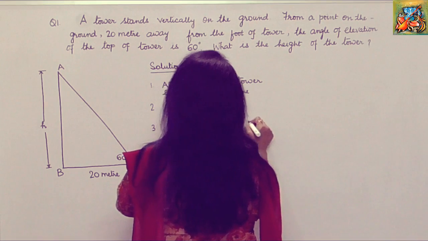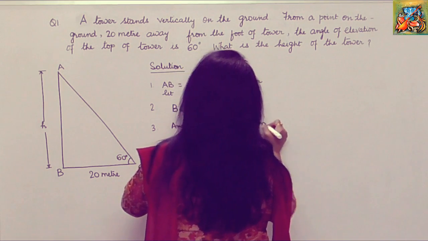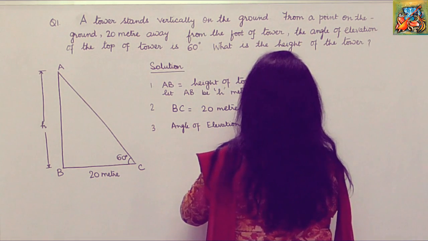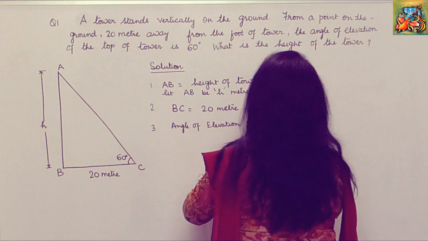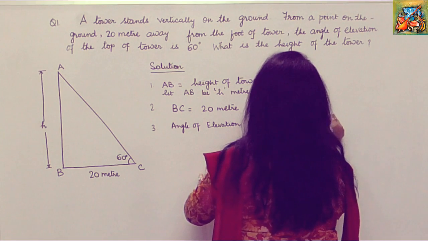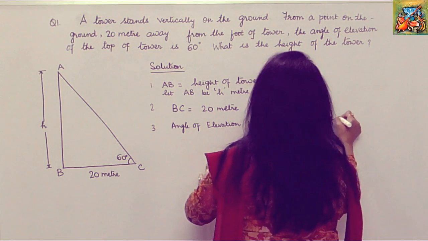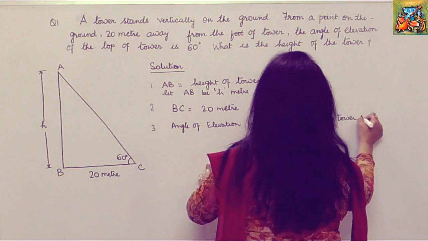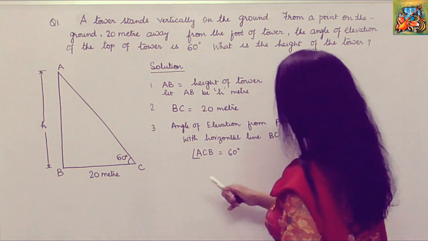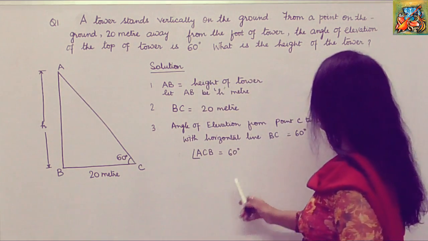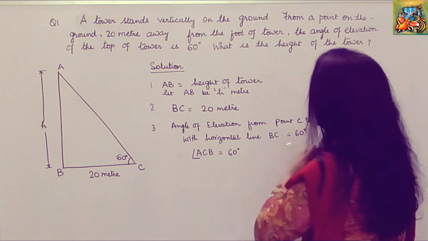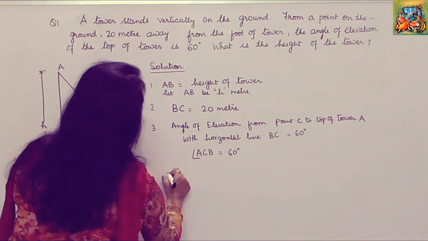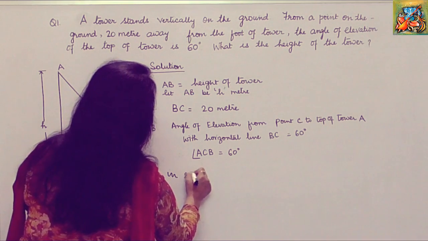Angle of elevation from point C to the top of the tower A with the horizontal line BC is equal to 60 degrees. In right triangle